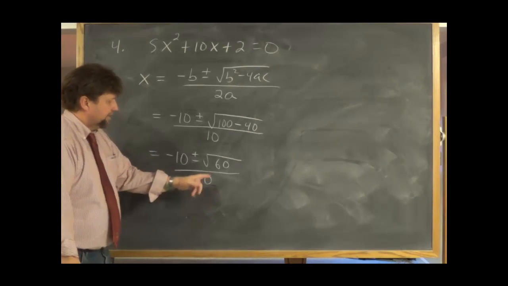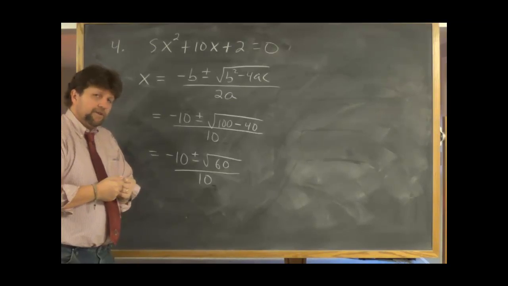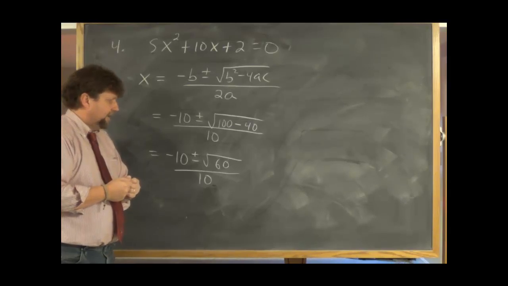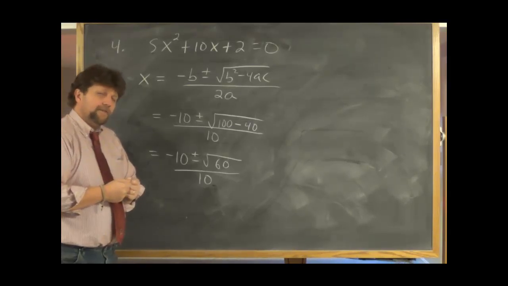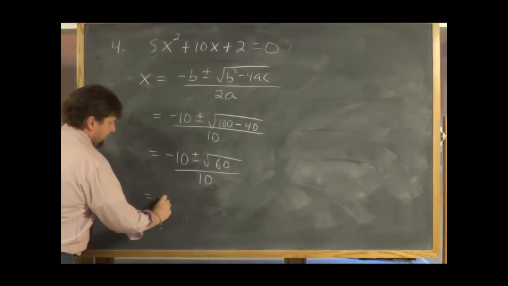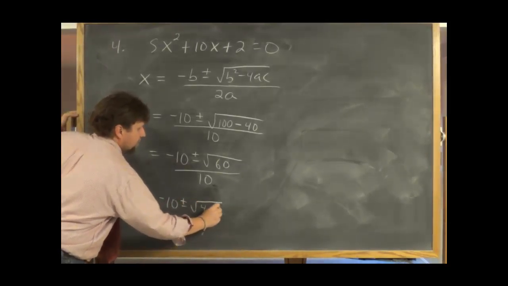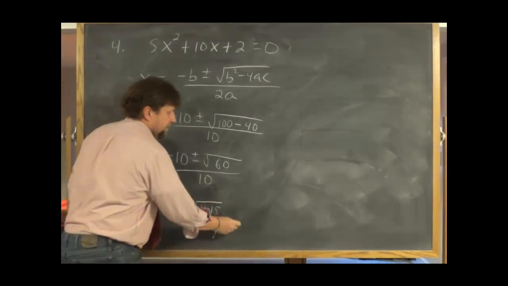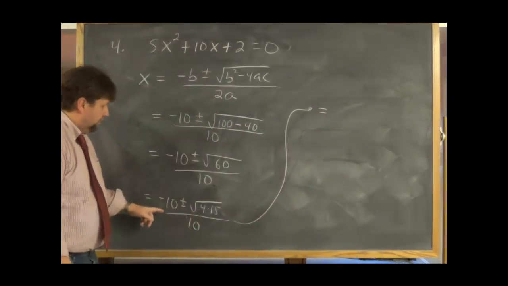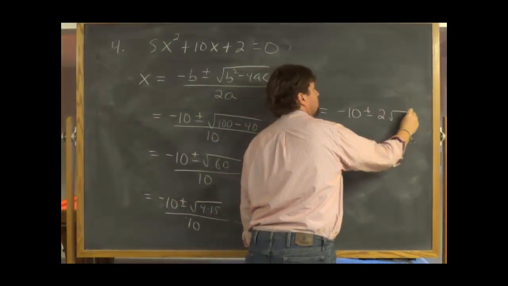And again, what I'll try to do is simplify this radical. Square root of 60, I'm going to try to find a perfect square that will be a factor of 60. And I think 4 is. I think 4 times 15 is 60. So if I just rewrite this now as negative 10 plus or minus the square root of 4 times 15 all over 10. Square root of 4 is 2, so we should now have negative 10 plus or minus 2 square root of